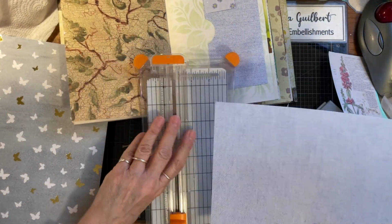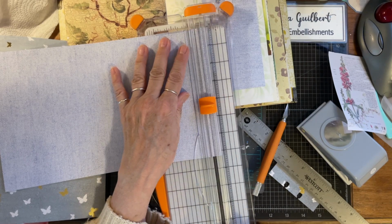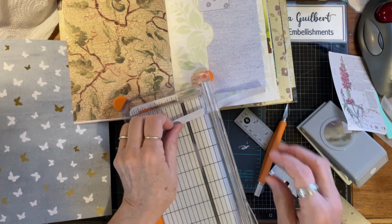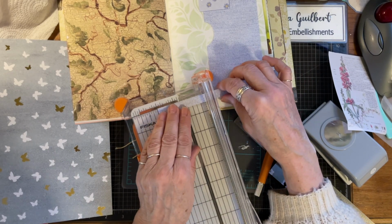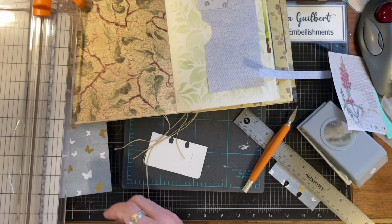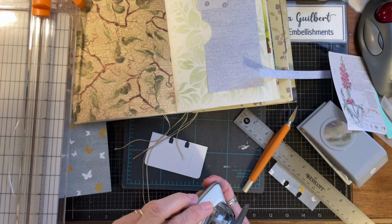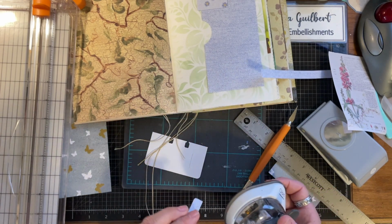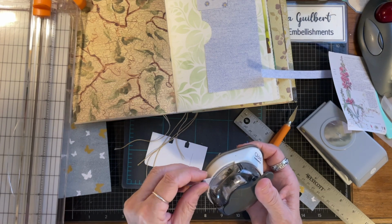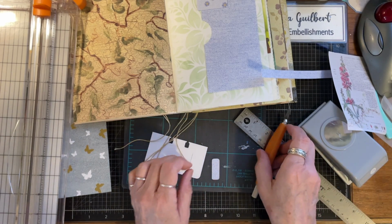I don't have any more of that, so. Half an inch wide by maybe 1 1/4. I think it might be right. I don't know how am I going to. Let's see if I can. Do you see? Okay, this is like trying to go around the corners of this thing. Yep. Okay. Now,